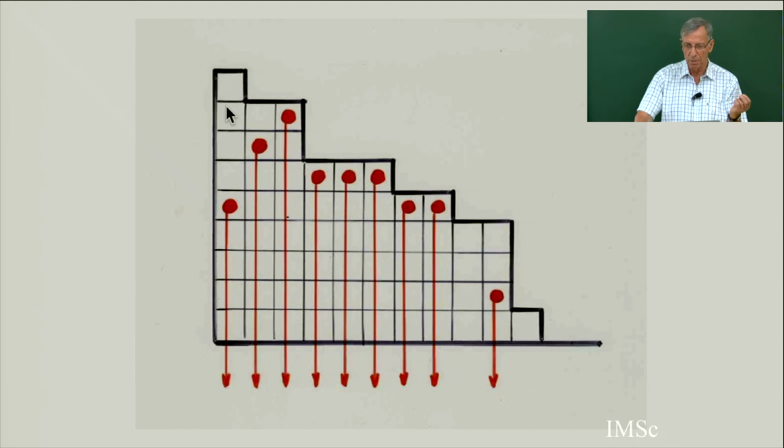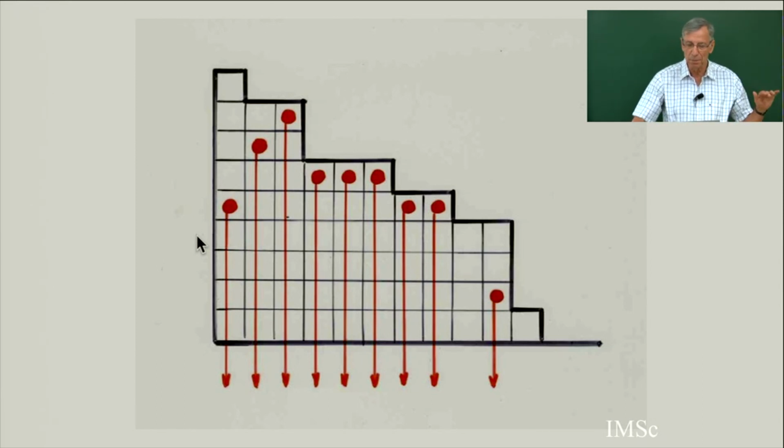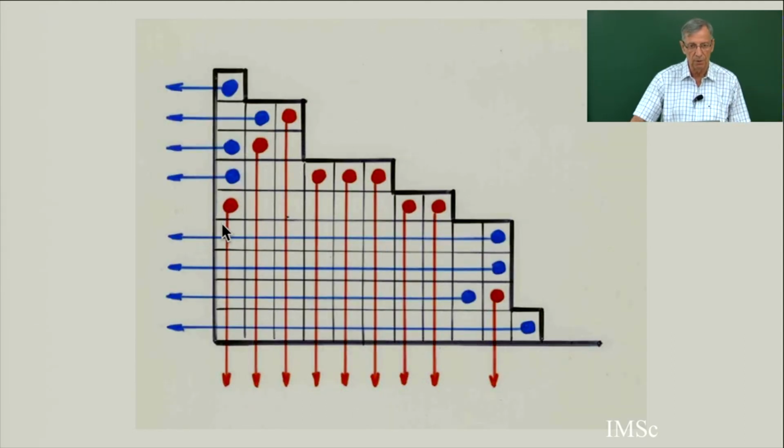Because it must be a Catalan alternative tableau, every cell must be blue or red, or crossed by a red line or blue line. So you cannot put a blue here, because this cell would remain empty, so you have to put the blue here. So in each row, you put the blue at the rightmost position. Maybe it's not possible, so there will be no blue point, but if there is some empty cell, you put it at the rightmost position, which gives you this. And then you get a Catalan alternative tableau.